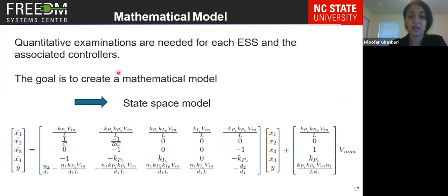I have skipped all the equations here because they would be very long and huge, and I have only the conclusions here from the mathematical model that we have derived. This is the state space model that you can